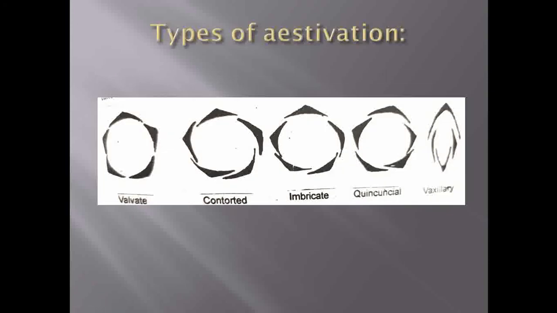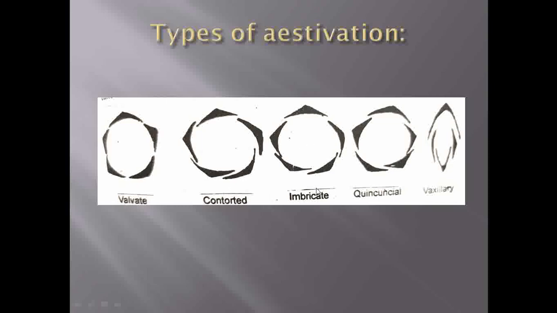Then next comes the types of estivation. So see here, these are the types of estivation. If you observe here, the petals, or you can say the sepals, are in front of each other. That type of arrangement is called valvate estivation. See this one, this is called the contorted, or you can say twisted estivation. Here each sepal, or each petal, is alternating with each other, meaning one end is inside and the other is outside. So this type is called contorted or